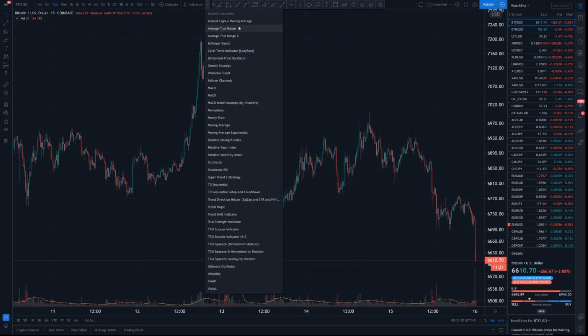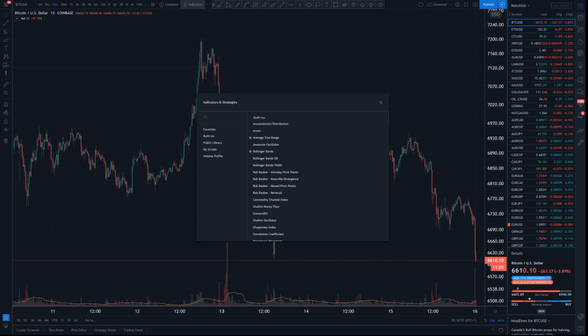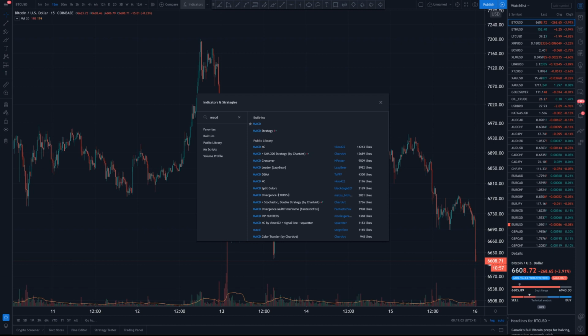So I have to put a note in there that it doesn't have to be the indicators that you always use. You can fill up and populate your quick indicators drop down, even with indications that you are not going to use commonly. So to add a second one, we will go to the MACD,